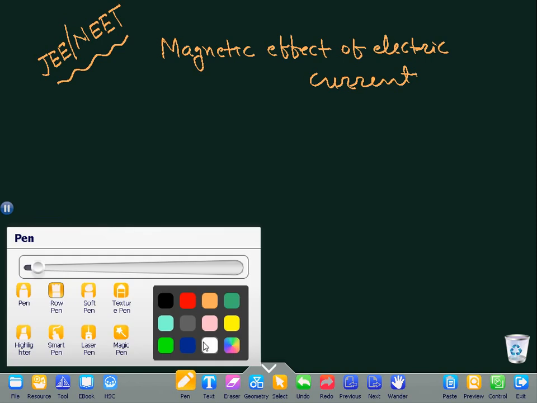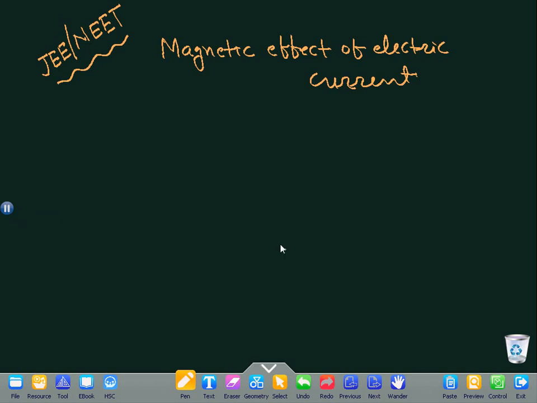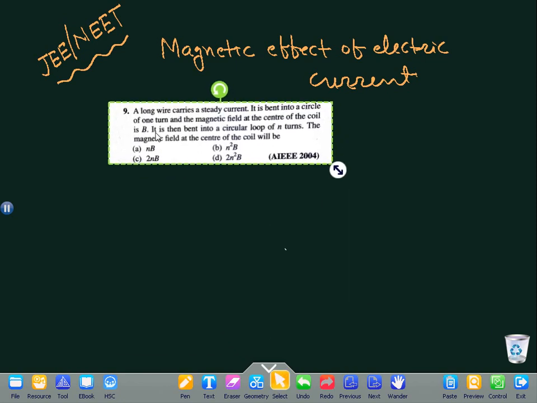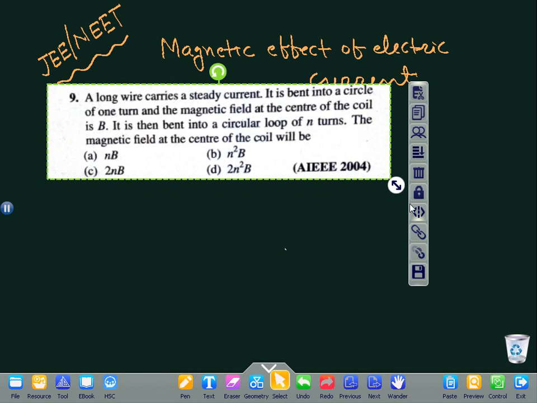Magnetic effect of electric current, JEE. We will see some more examples. See this example: